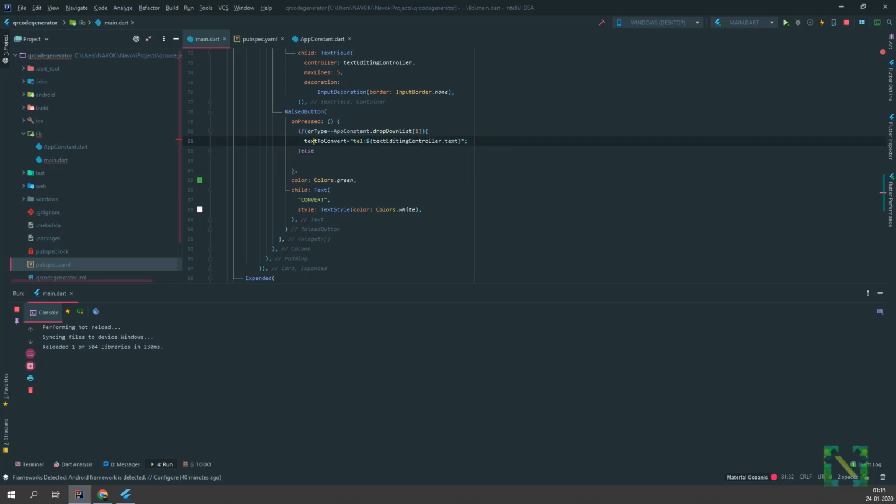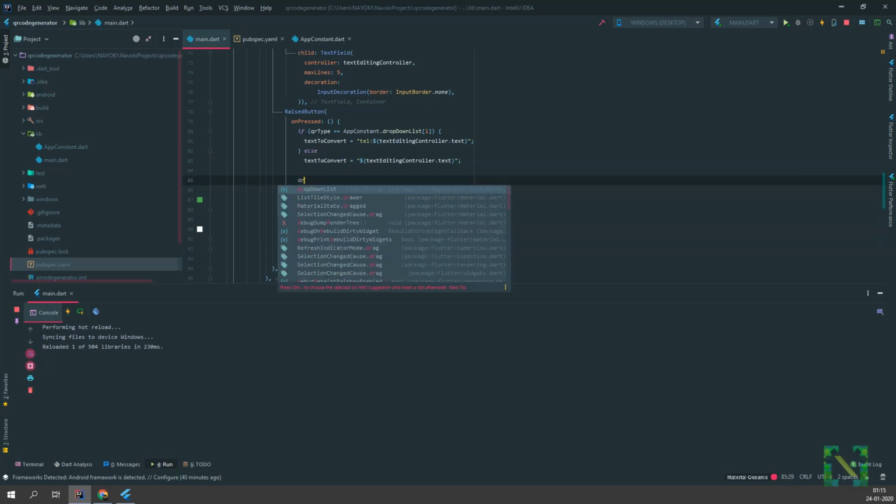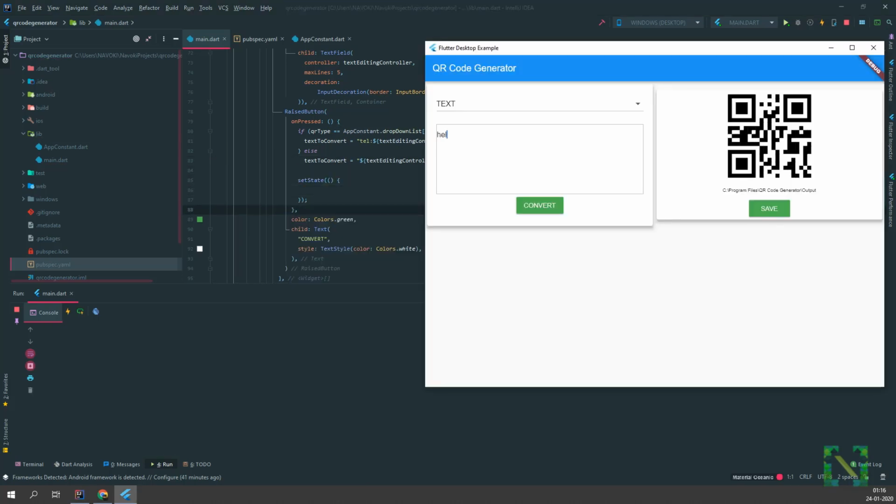Else the original text will be passed to create a QR image. So whatever the format we are using, this is to tell the application that is used to scan the QR code that whether it's a text, a website, a phone number, or email link, etc.